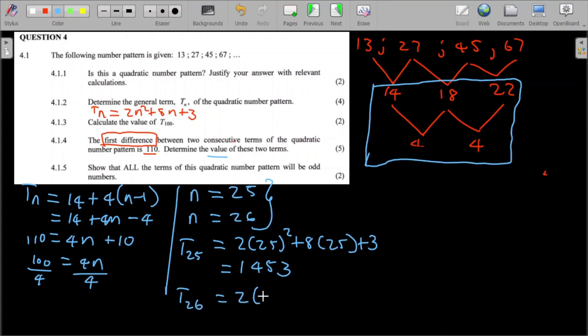So it's going to be T26 squared plus 8 into 26 plus 3, which equals 1563. So these are the values of the two consecutive terms of the quadratic number pattern. Now coming to this one here,